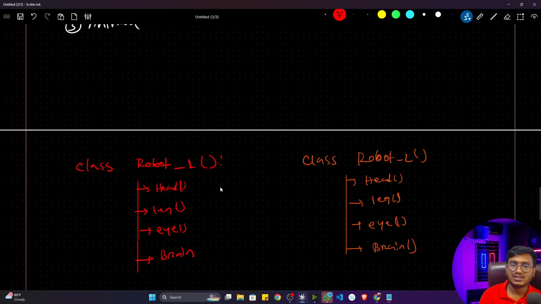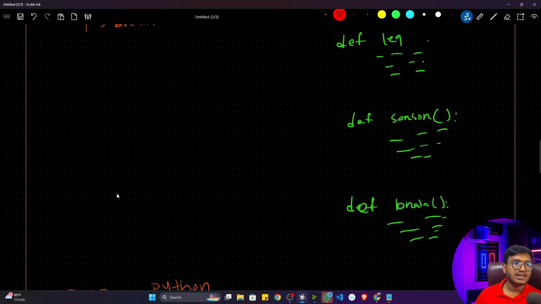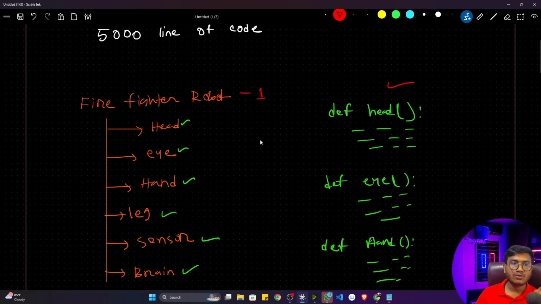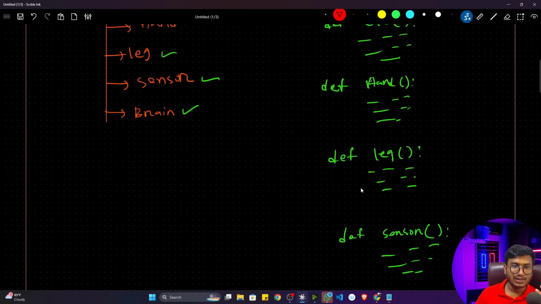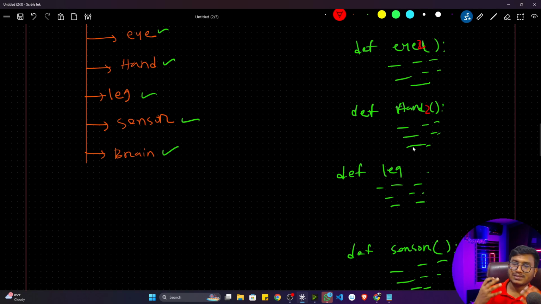Now let's say your company tells you to add some more functionality in robot 1. What you will do, you will come inside robot 1 and add more functionality here. But previously, if your company told you to add some more functionality inside robot 1, how would you do it, because all the functions are the same at the end? Here again you would need to create one with some other name, and you could somehow add the functionality, but again the code management would be very hard for you, so it's not a recommended way, right?